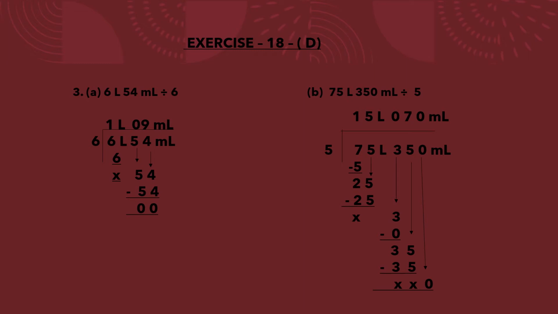I'll leave it there. And write 0 on the quotient also, because 5 zeros are 0. Your answer will be 0 only. So after that milliliter is written. So write down milliliter. So the total answer on the quotient is 15 liters 17 milliliters.